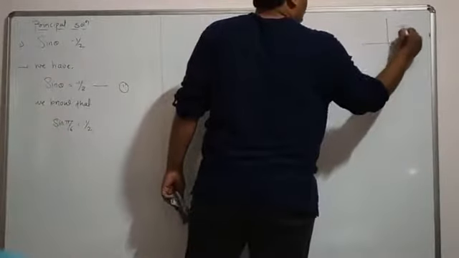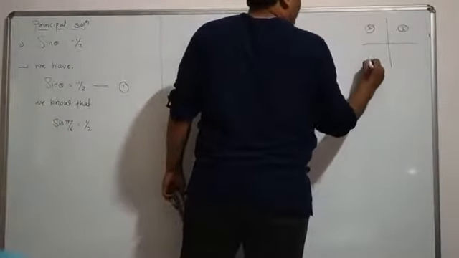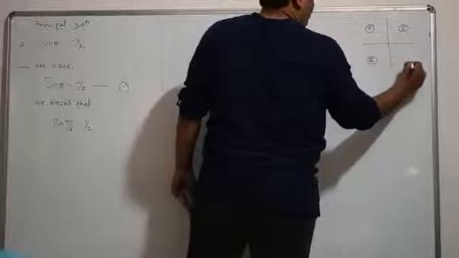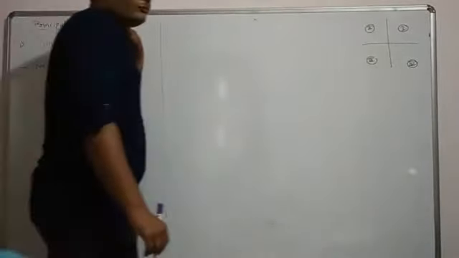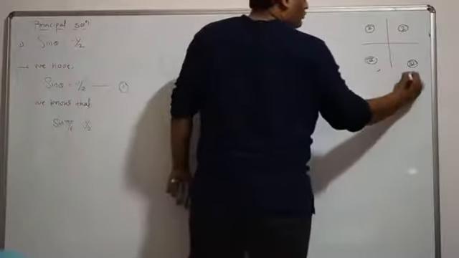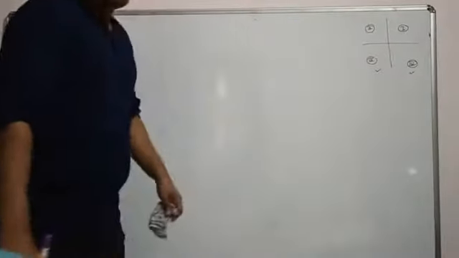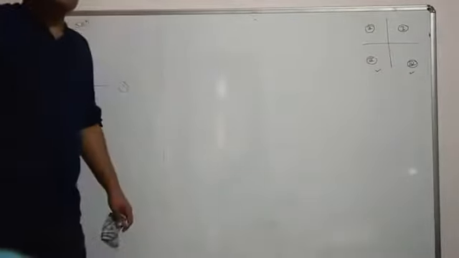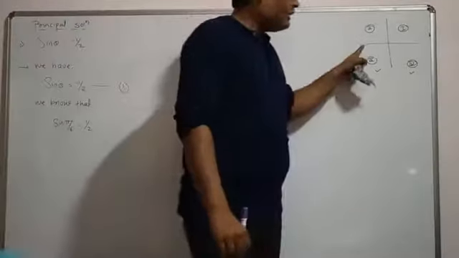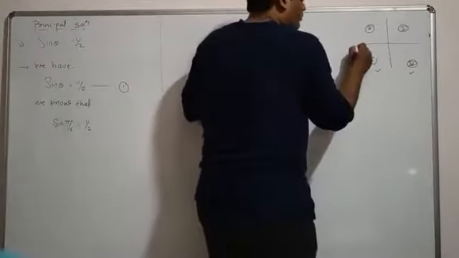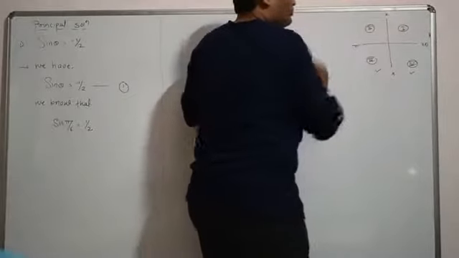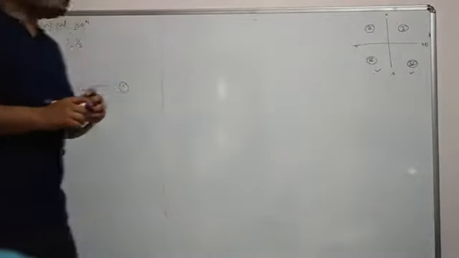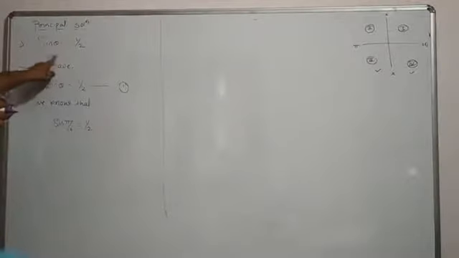So here you have the first quadrant, then the second quadrant, then the third quadrant, then the fourth quadrant. Now you want to go to the third and fourth quadrant. How will you go to the third and fourth quadrant? Obviously we have to take the help of pi and 2 pi, and not pi by 2 and 3 pi by 2, because we are not supposed to change the trigonometric ratio.